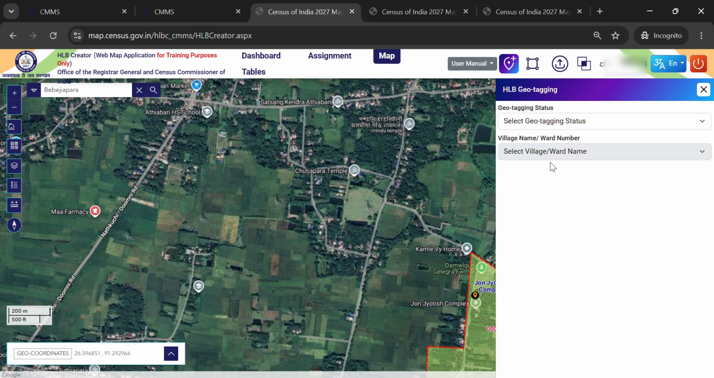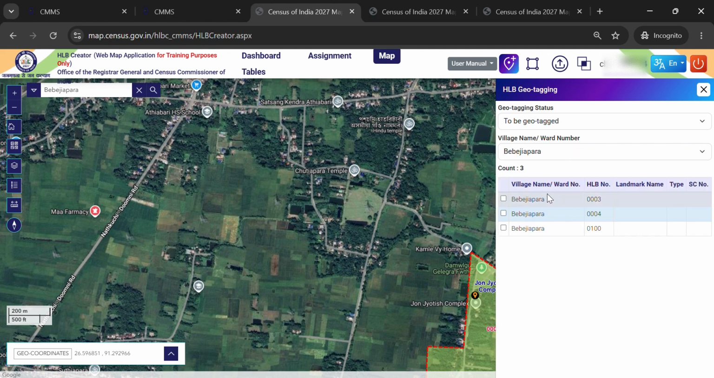First I will explain what is to be geotagged. For the first time, when we are geotagging any location for the HLB, then we will be using this to be geotagged, right? So we'll click on the to be geotagged, and now the village's name we need to consider. Let's say we are considering this village, right? And we will click the HLB number. Okay, so after clicking the HLB number,